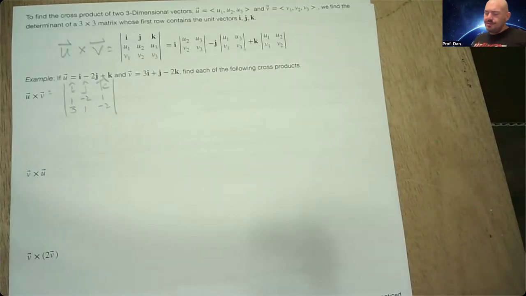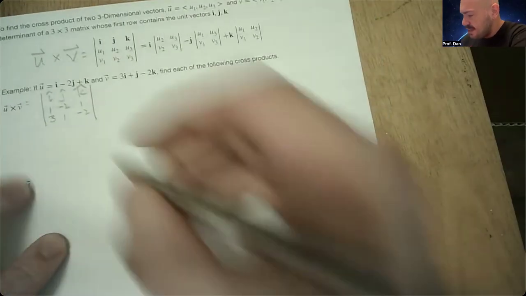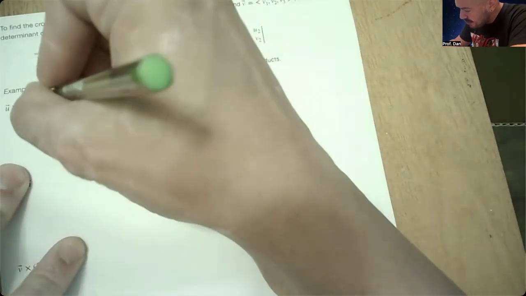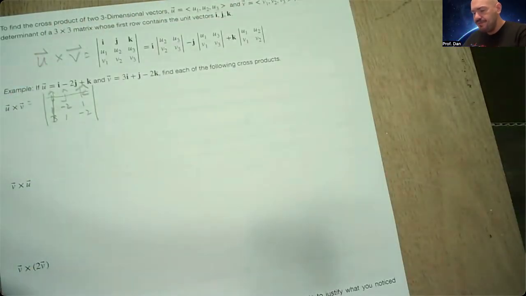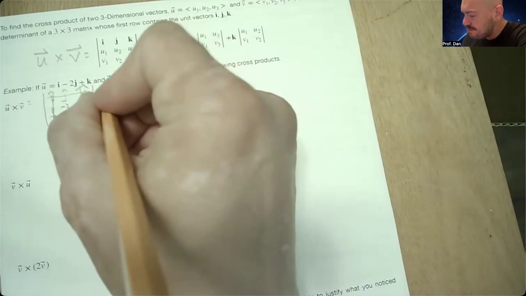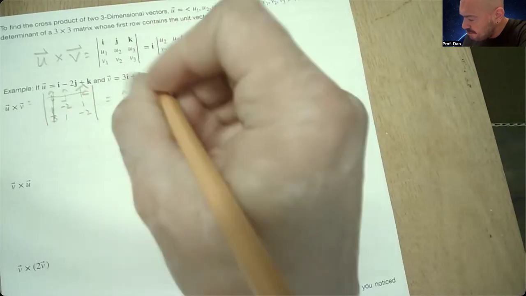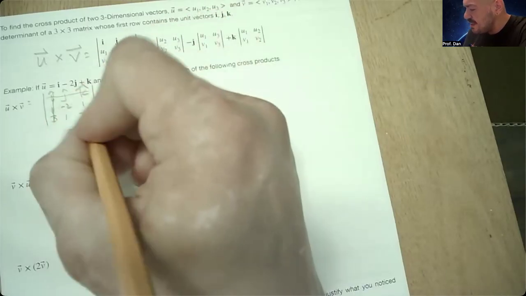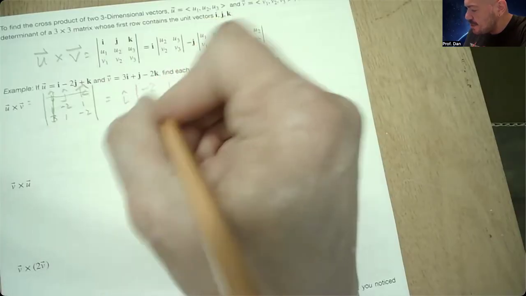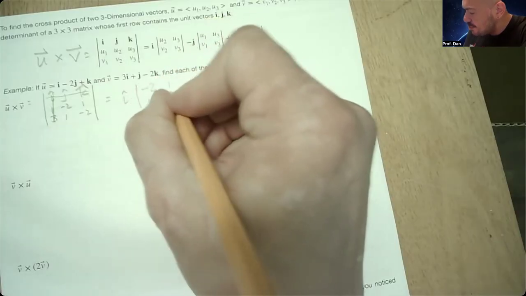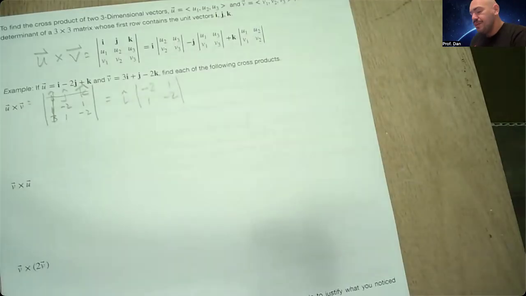so if we go through and do the same idea that we did last time, we'd start off with first row, first column. We would get I times the determinant of negative 2, 1, 1, 2, 1, negative 2. Yeah. For the second one,